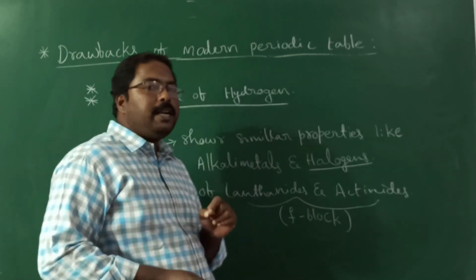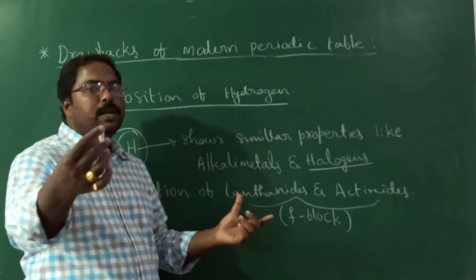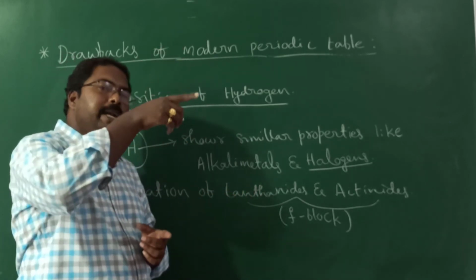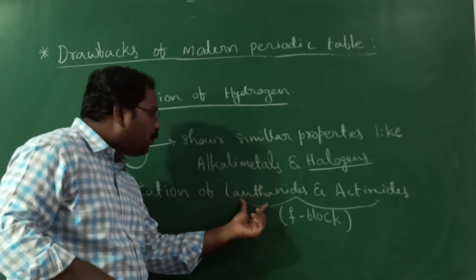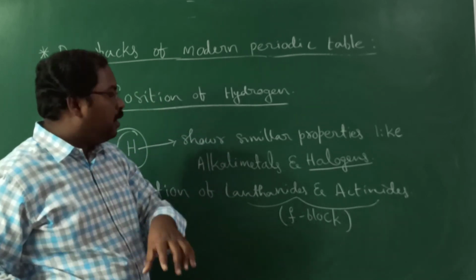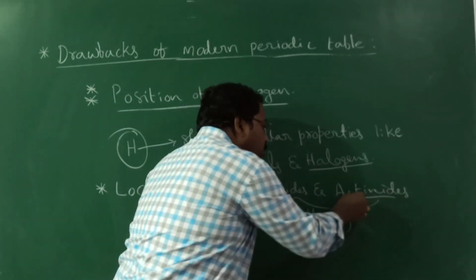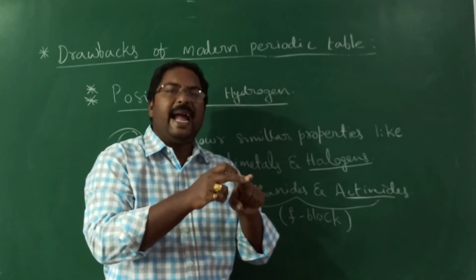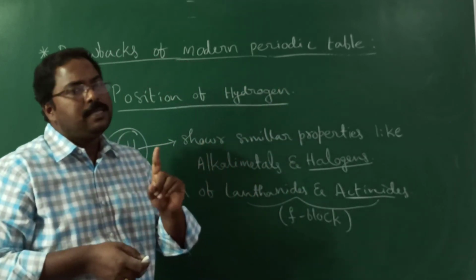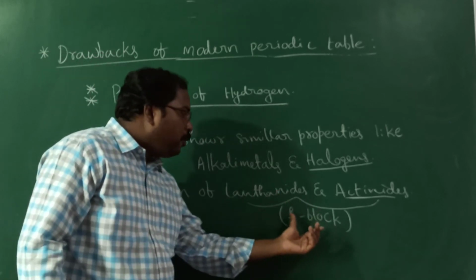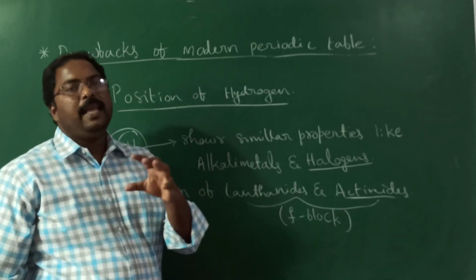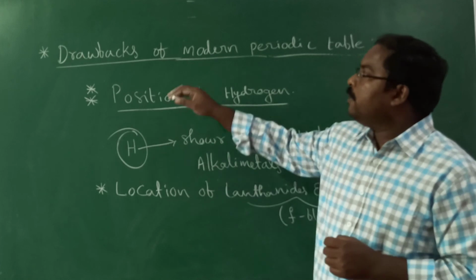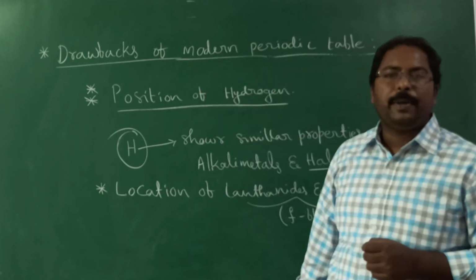Right? If you observe the periodic table, what is the location of lanthanides, what you wrote just now? They belong to third B group and sixth period. Simply, at that lanthanum place, all these 14 lanthanoids are included. Coming to the actinoids also, we know 14 actinoids are there. All these 14 are placed in one block, actinium. Third B group, seventh period. So they failed to place these lanthanides and actinides properly in the periodic table. These are the major drawbacks of the modern or long form of the periodic table.